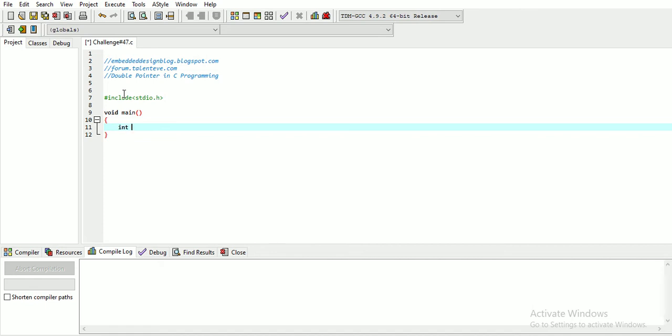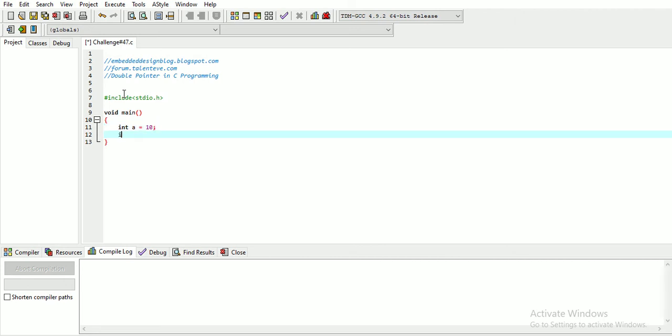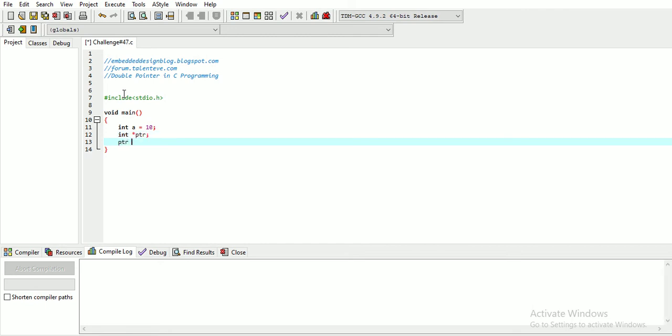Let us assume we have a variable a which is holding a value of 10, and then we have a pointer. So this pointer holds the address of a.